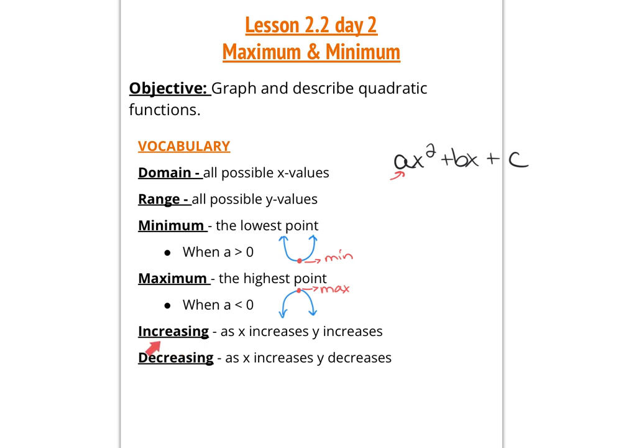We're also going to talk about increasing and decreasing. Increasing occurs when the x value increases, and so does the y value. So the maximum example right here is a great example of that. I always start from left to right when I read sentences, and I do the same with a graph. So start on the left-hand side, and I can see as I'm going to the right, that graph goes up